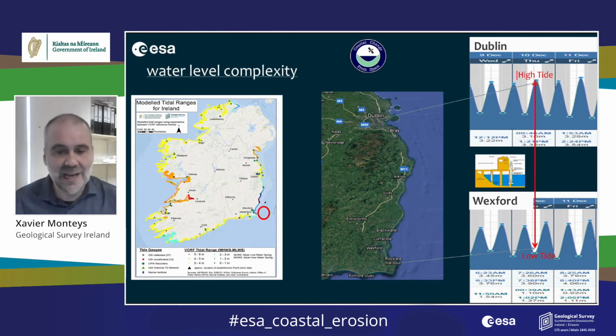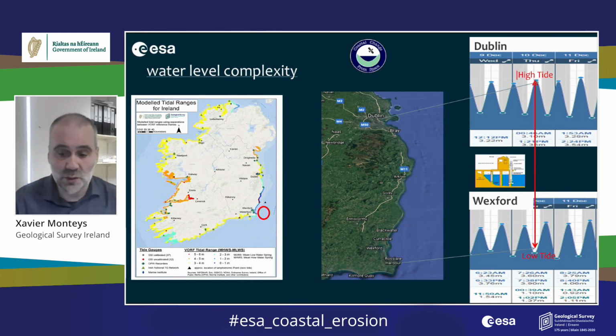And the difference can be up to 4 meters in height, so a huge difference along the east and southern coast of Ireland. And this is just one challenge that I wanted to share on water levels. There are many others that are hidden more at local level. So an important message is that the current tide gauge network in Ireland is not enough to attribute all these lines. We have to supplement it with model data, which is essential not only to validate, but to attribute